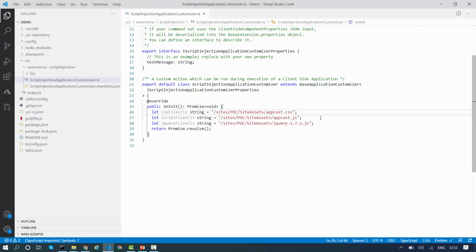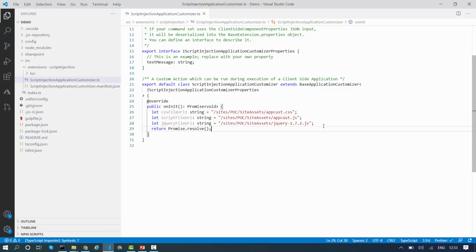So guys, I have already explained this, but I will again cover this. In modern SharePoint page, we do not have the content editor or script editor web part. Therefore, we cannot inject any script in our modern SharePoint page the old way. Although script injection is not recommended in modern SharePoint page, in case it is required, I am covering it in this video. CSS we can inject, and in a similar way we will be injecting the script also.